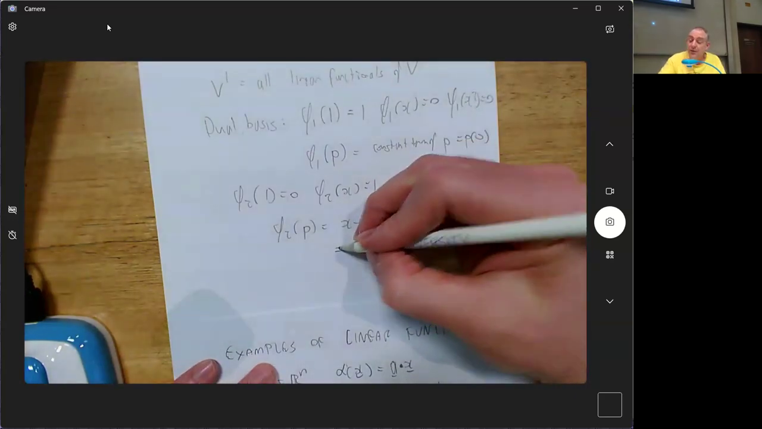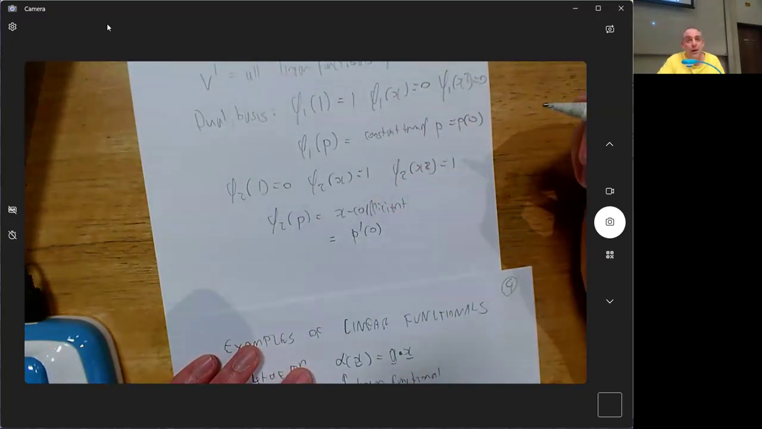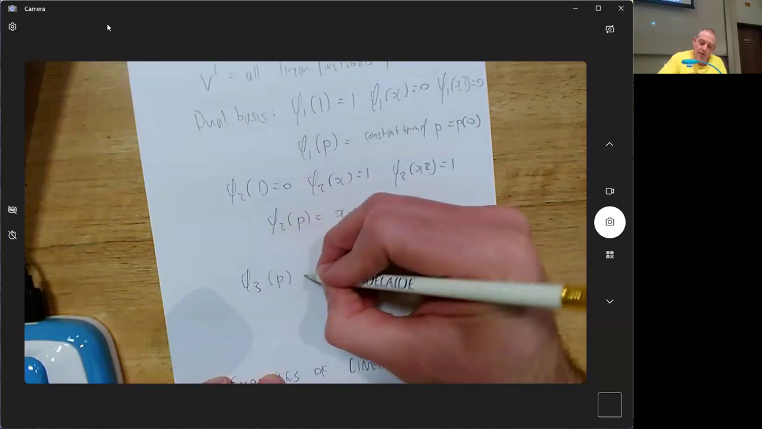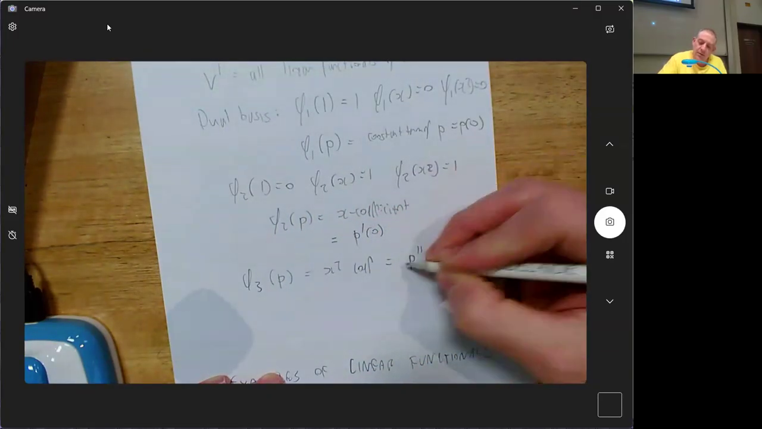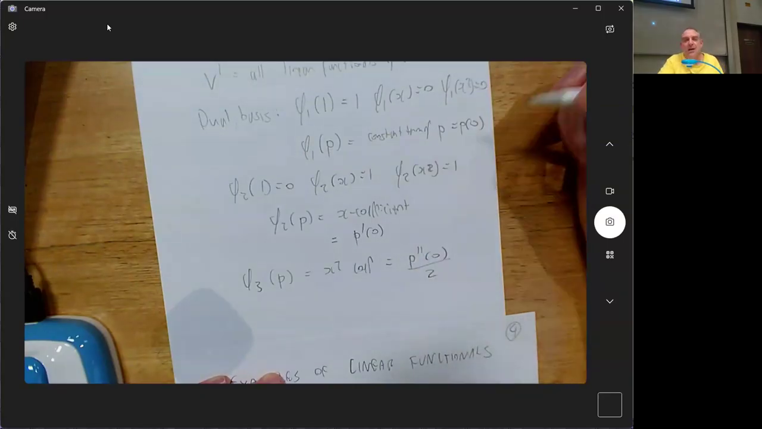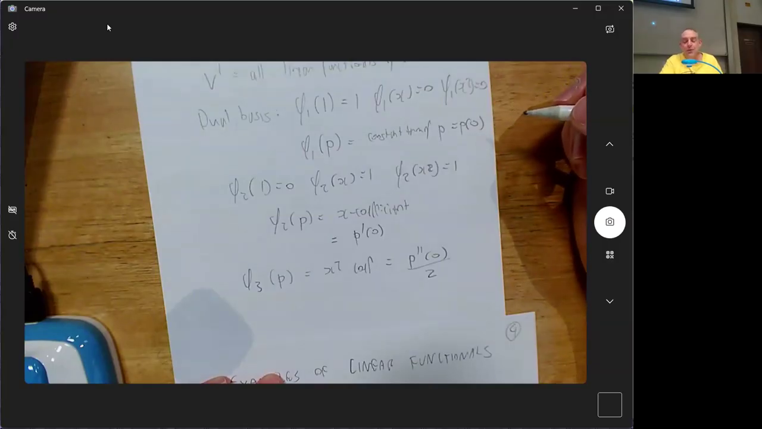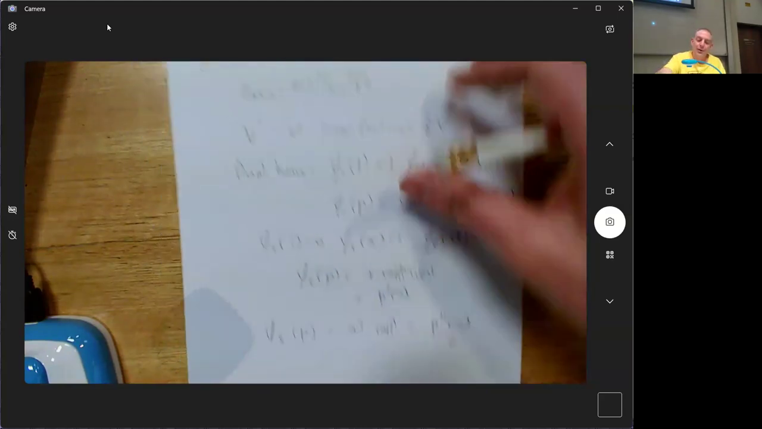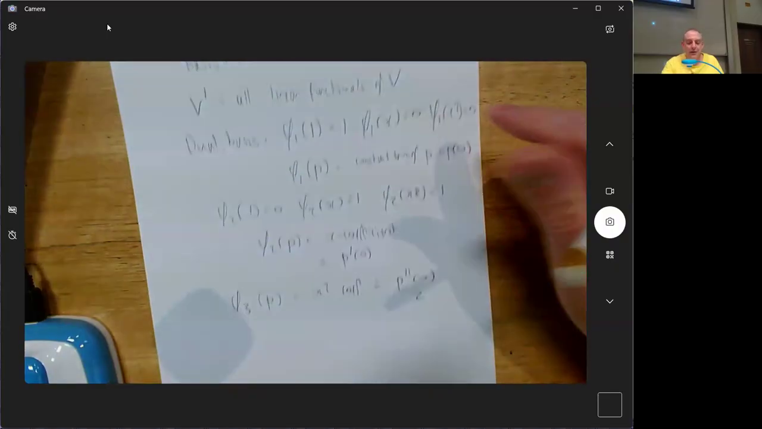But the x coefficient could be done by doing p dashed of 0, right? And phi 3 of p is the x squared coefficient, and that is p double dashed of 0 divided by 2. So I'm making Taylor series here, basically. So, yeah, what that means is that if you want to write a polynomial as a linear combination of 1, x and x squared,